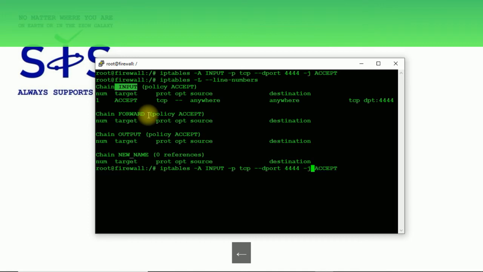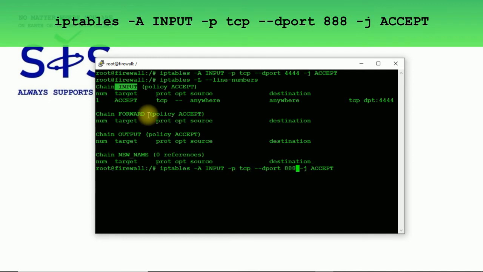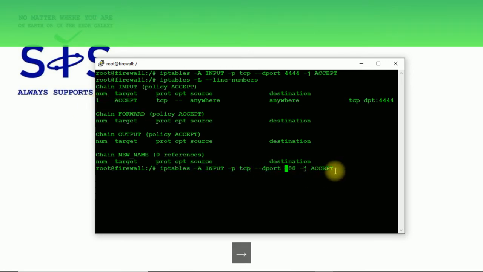If we add some more rules, let me say another port like this one, and now I'm going to hit enter, this rule that I'm adding now will be added next after this first rule. It's building a hierarchy.